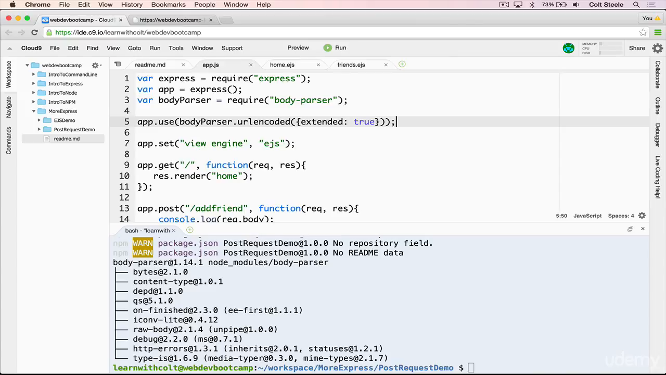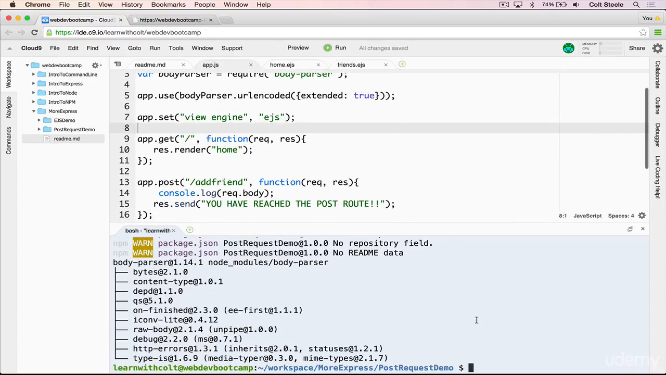And I don't want to bog this video down by going into too much detail about what this is. If you do have questions, you can go to the body-parser docs and read about what urlencoded does and what extended true does. It's one of those lines that we'll see all the time, and honestly, you'll just copy and paste most of the time. So now that we have that set up, if we restart the server now, without changing our code,